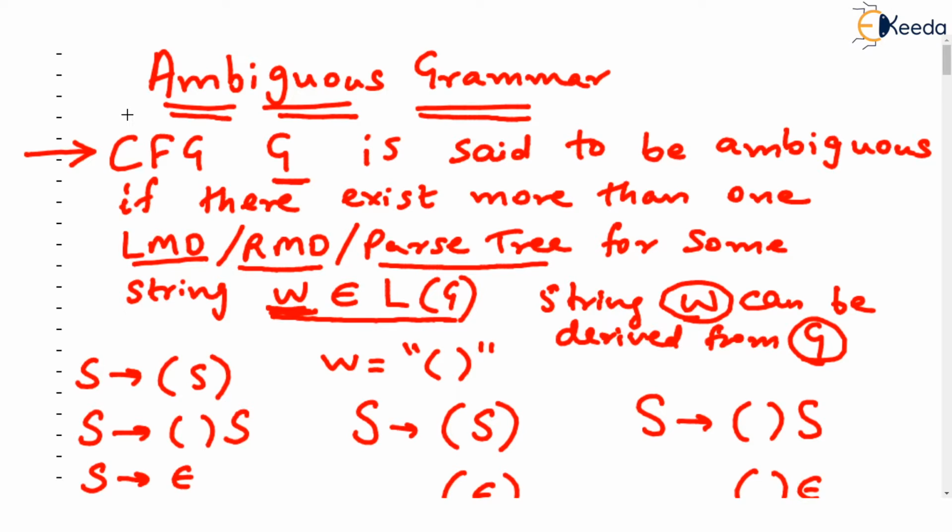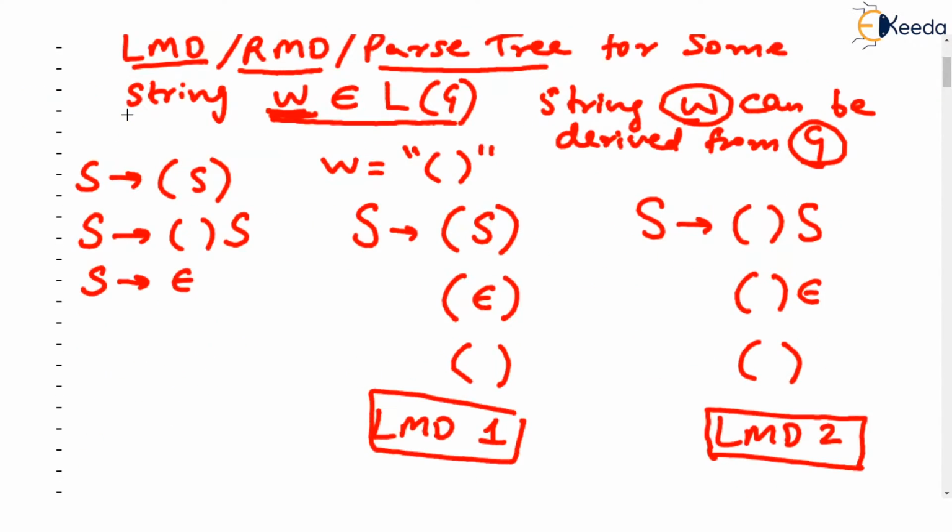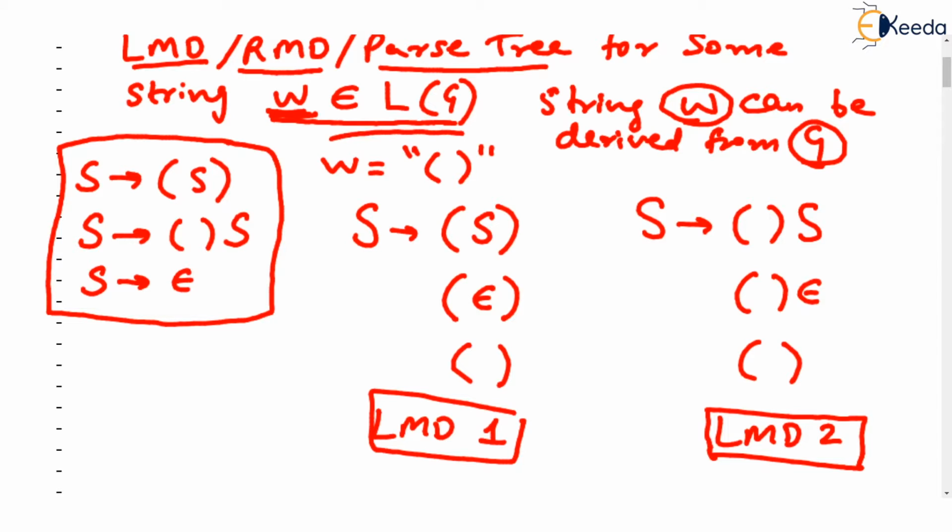Let's see a very simple example, where we have a grammar of balanced parentheses, which we have been seeing in the earlier videos. A simple string asked to be derived is just open bracket and close bracket. Now you all know that this word is in the language of the given grammar, because it can be derived from the grammar. But the point is that we can derive this string in two ways. Let's see the first method, in which we derive using leftmost derivation.